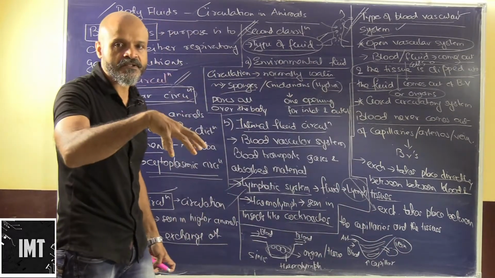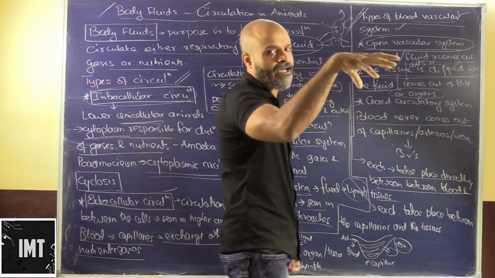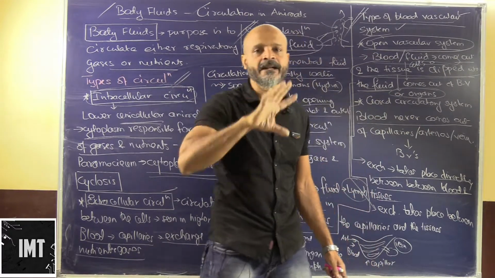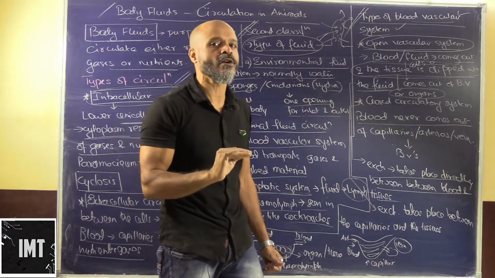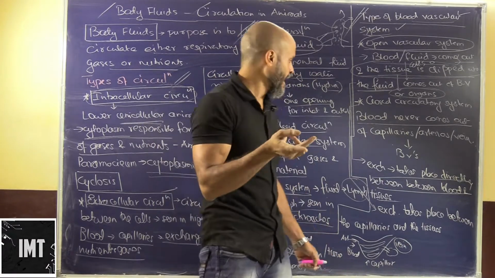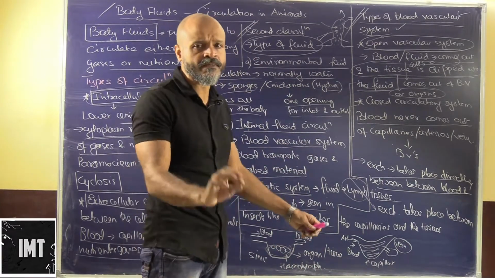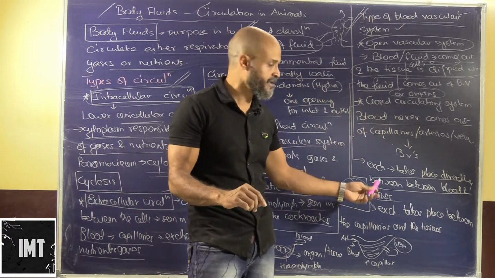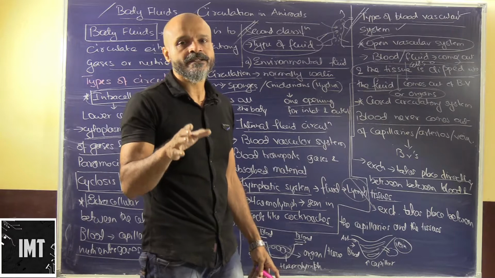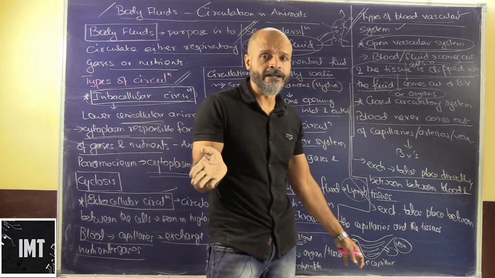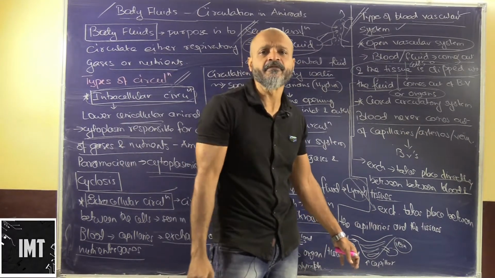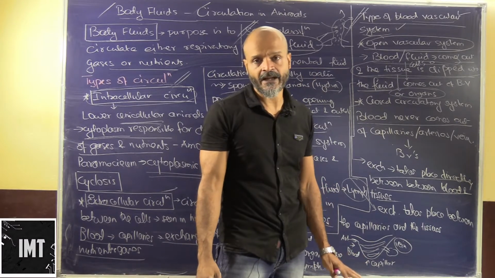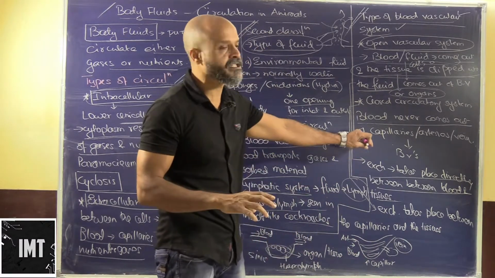So in one system we have the organs and the cells or the tissues dipped in actual blood, and directly the exchange takes place, and that is called an open circulatory system, generally seen in insects. And we have a closed circulatory system in which the organs are not dipped into the blood but separated by a very fine membrane, as in the case of capillaries, wherein the same exchange takes place.